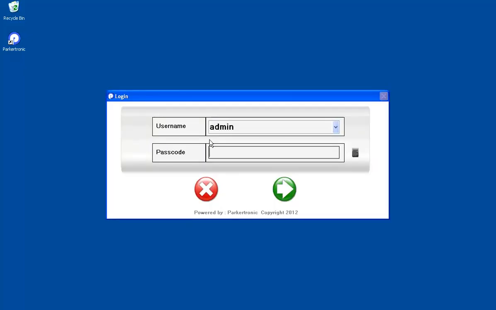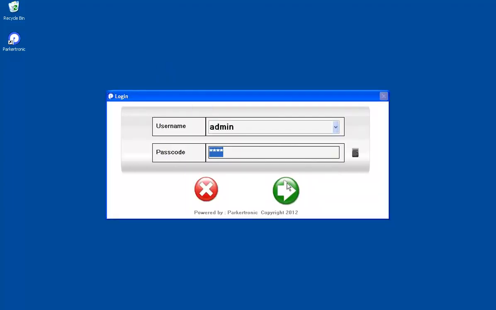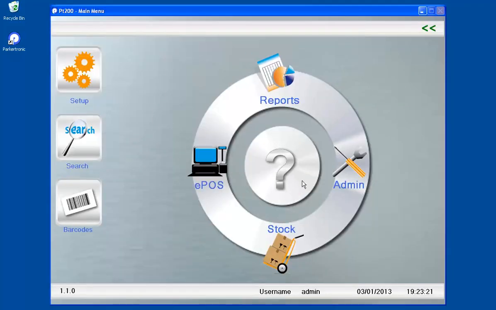Here we have the login screen. Now this is an initial installation. It gives you the admin login by default, and the passcode for the admin login is 4 nines, so you can use the keypad or keyboard to enter the 4 nines, or alternatively you can use the virtual keypad and enter your passcode in there. If you notice, it also gives you the passcode blank. So if we press the forward button, this takes you through to the main menu,